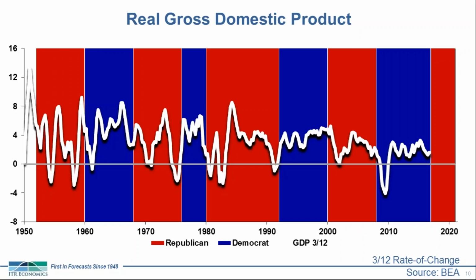You can see that the red portions of the graph are when Republicans controlled the White House, and the blue is when Democrats controlled the White House. And what you'll find is that there is no significant statistical correlation between rise or decline in the real gross domestic product quarterly growth rate and whether or not red or blue controls the White House. If you're looking at the data and just counting up, you can say, but wait, there have been more economic recessions during times of Republican control.